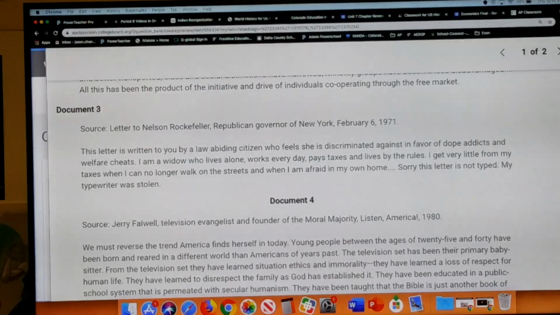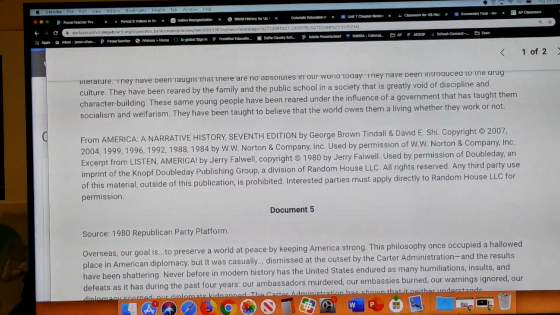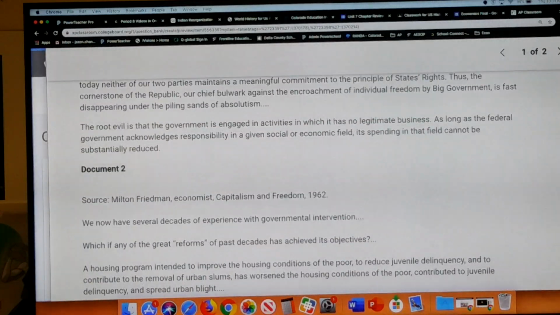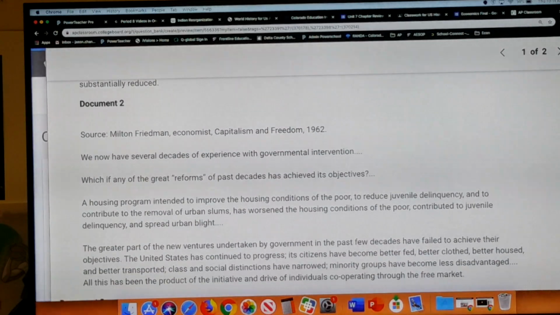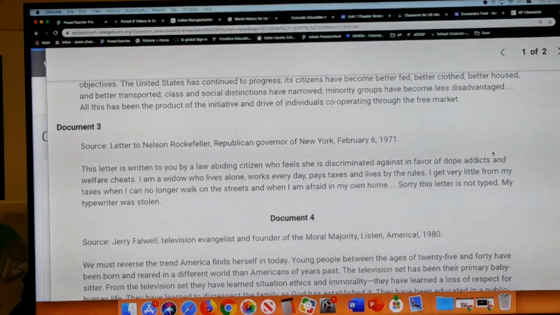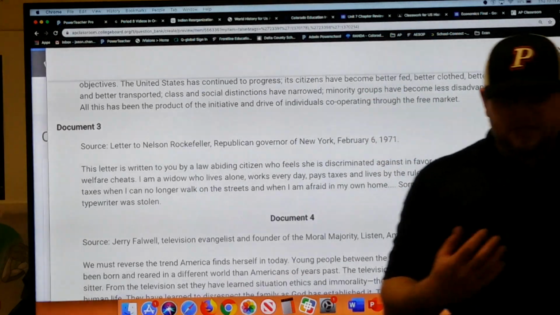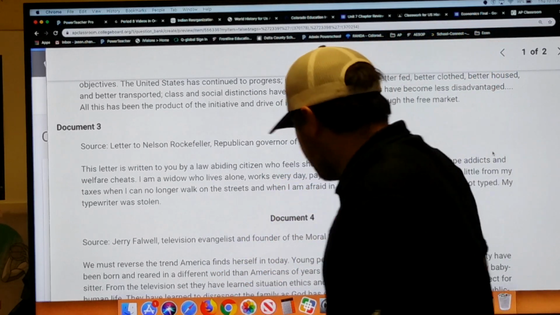Right here, the Moral Majority, I would say a big reason could be the rise of evangelicals in the political sphere, which is what Jerry Falwell would be. So you could say economic conditions worsened, there was the prominence of people like Barry Goldwater with extremely conservative ideas, and issues in the cities, or the fear of welfare scams. But the big thing is that you come up with your 3 points. Those 3 points are up to you as long as you can argue them from the documents.